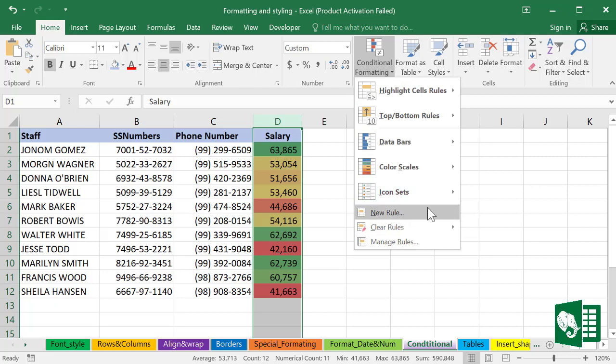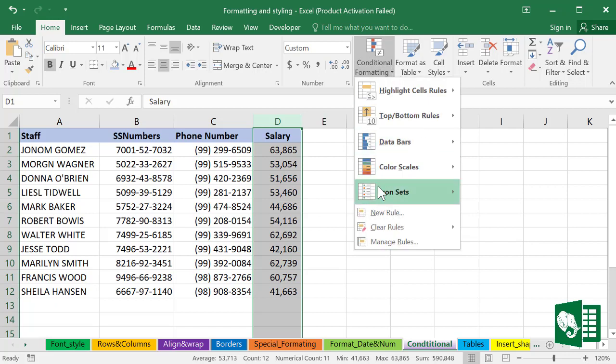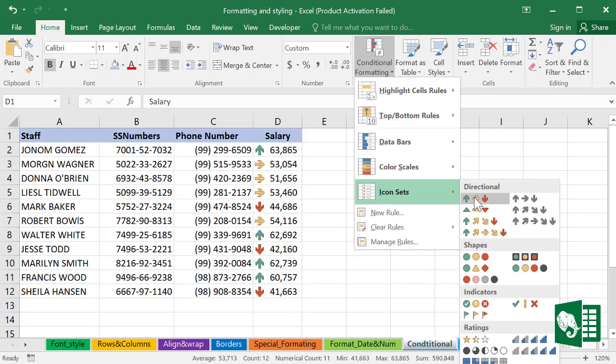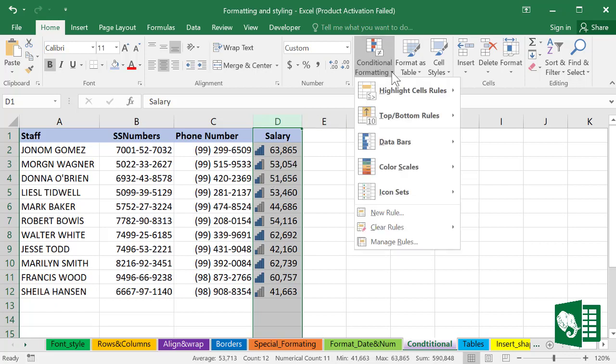Maybe we can try the icon set here. Let's clear and go to icon sets. We have many icons to select from. Let's try this one, and here it is. If we need to modify any of the rules, you can go to the conditional formatting